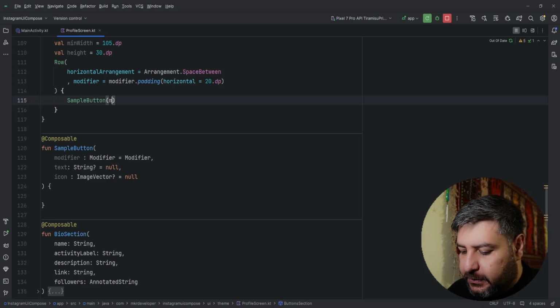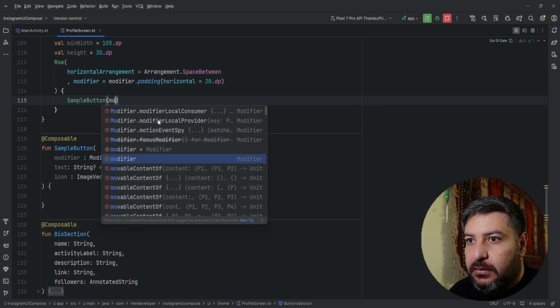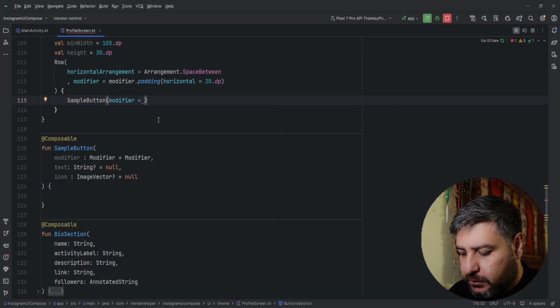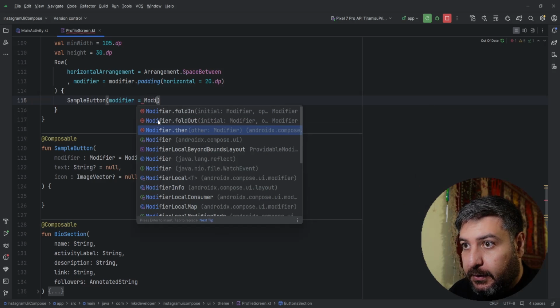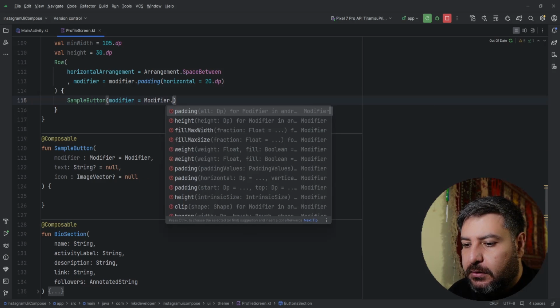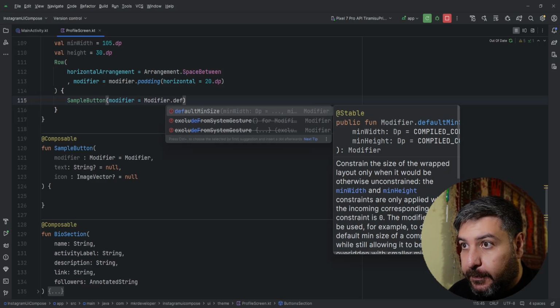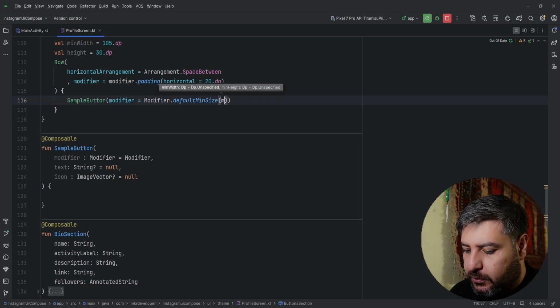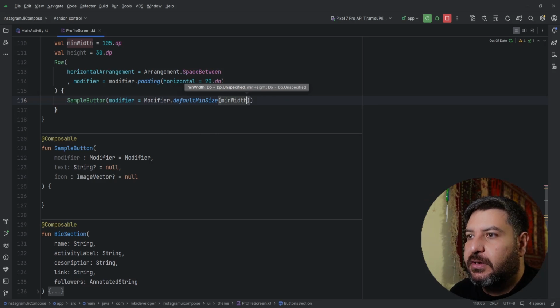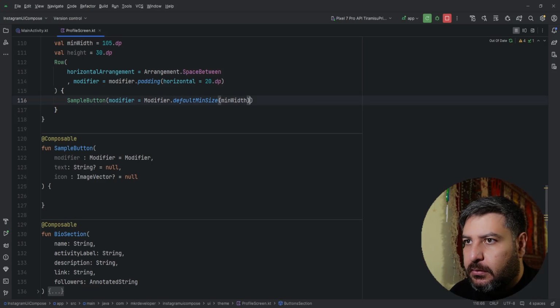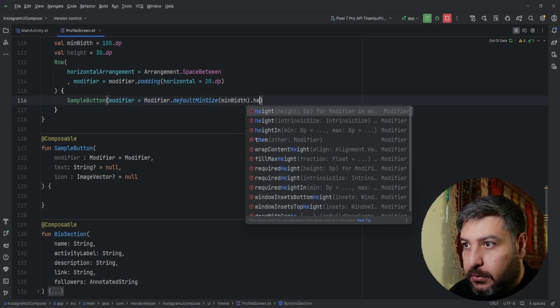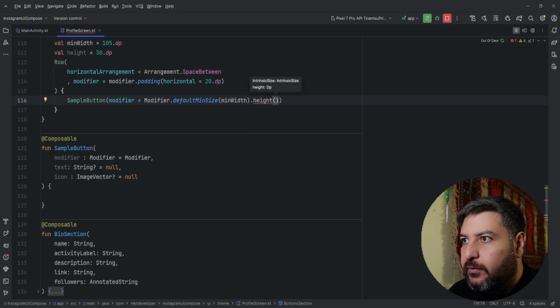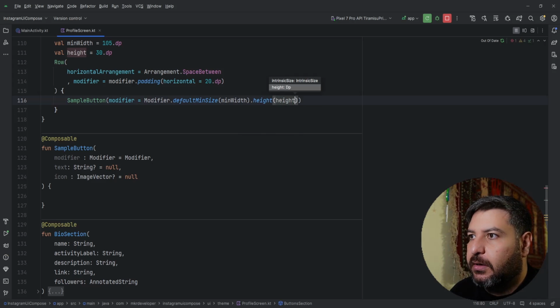So for the first one, I'm going to pass a modifier equals to modifier dot default minimum size, and I'm going to pass this minimum width to this. Then the height will be equal to the height. Okay,